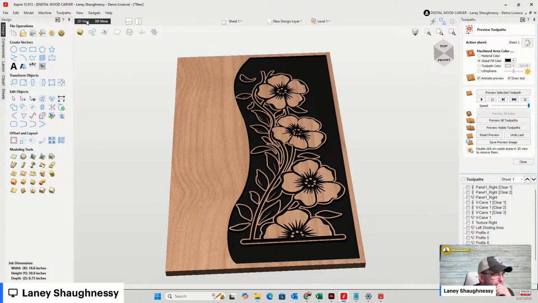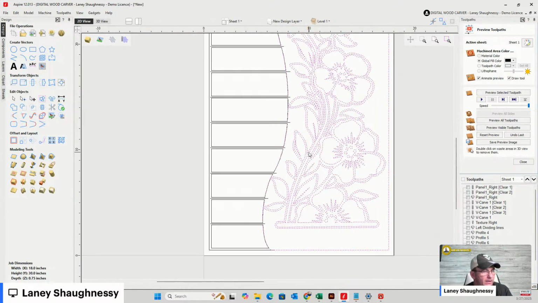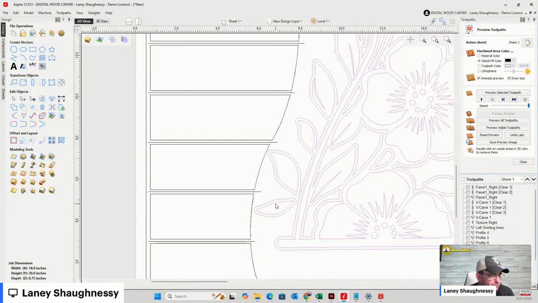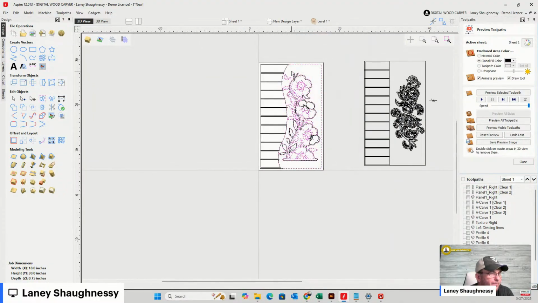So I am going to deselect all of the inside of the feathers, the stems,